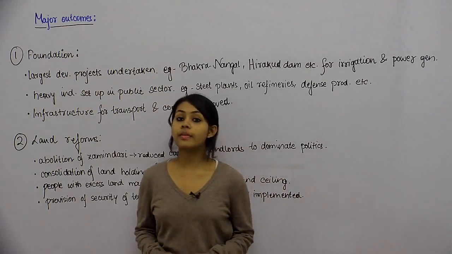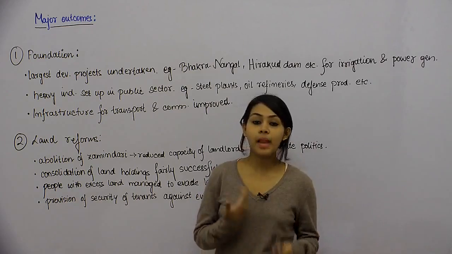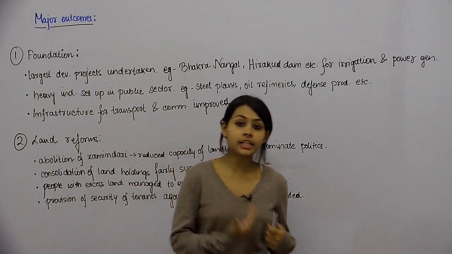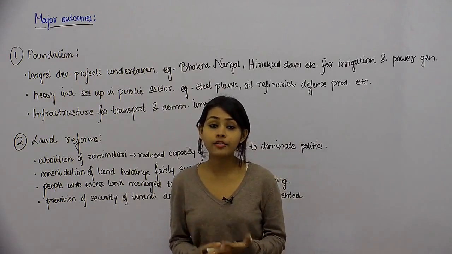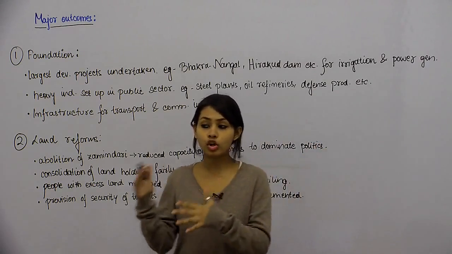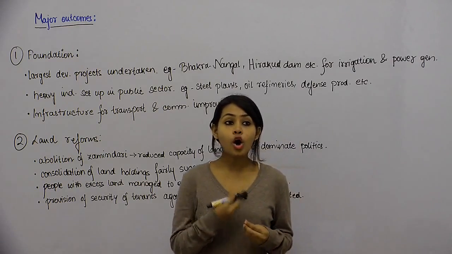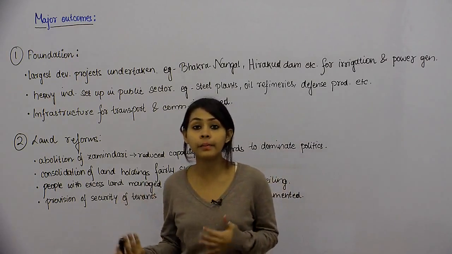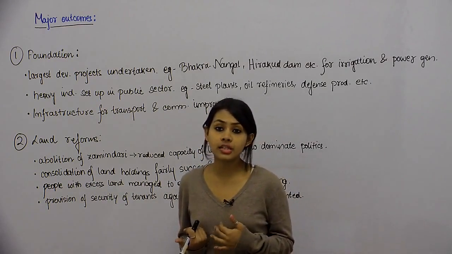The last topic that we study in this chapter is regarding the outcomes of the planning processes and the planning initiatives जो हम इतनी देर तक देखते हैं। हमने देखा कि कैसे इंडिपेंडेंस के बाद हमारे कंट्री ने डिसाइड किया कि हाँ हम एक प्लानिंग के मेथोडोलॉजी से चलेंगे। हम पहले अपने पॉलिसीज को प्लान आउट करेंगे और फिर हर 5 साल में हम उन प्लान्स को एक एक करके इम्प्लीमेंट करते रहेंगे।